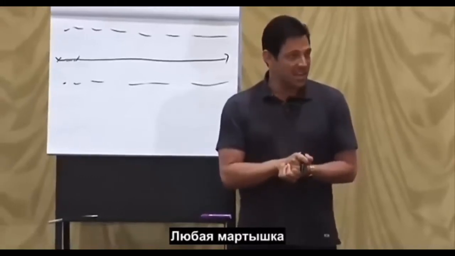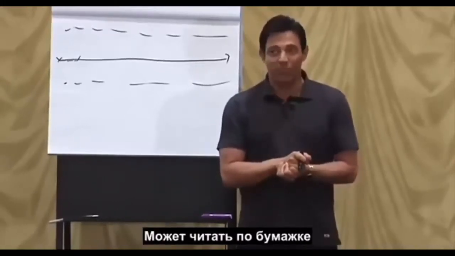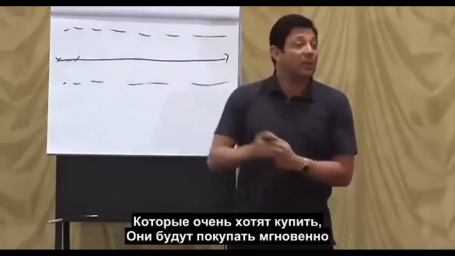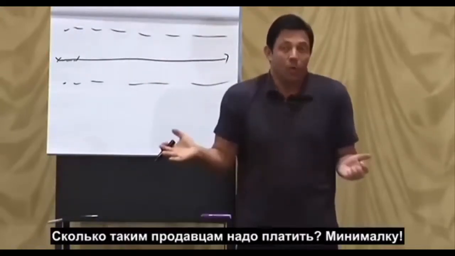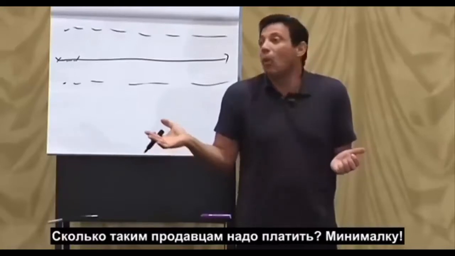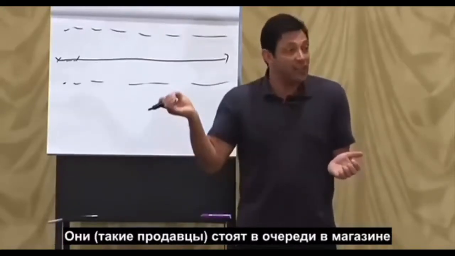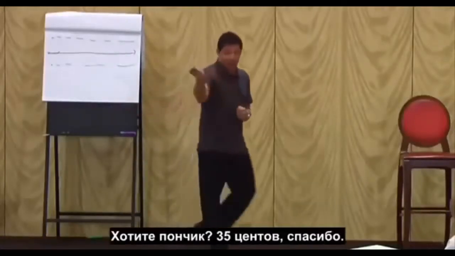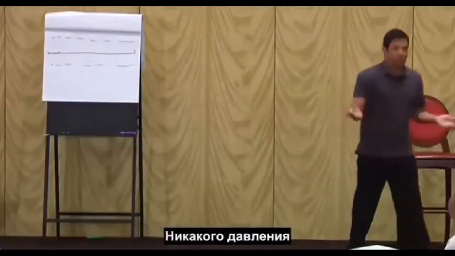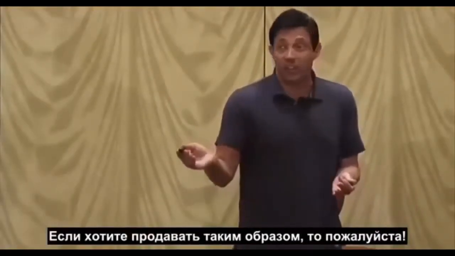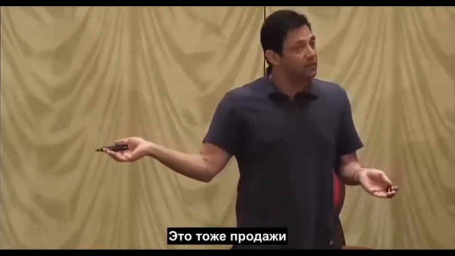Any monkey can read off a script to someone who's in that ultra high 20% of buyers that's just so committed to buy, they're going to buy instantly. Well, what do you pay a salesman like that? Minimum wage, it's called. They stand at the checkout line at 7-Eleven, and they're salespeople too. I'll sell you a donut. Here, 35 cents. Here you go. Thank you. No pressure. You want to sell like that, transactional selling, then do that. $7 an hour, maybe even less in this city. That's selling, but